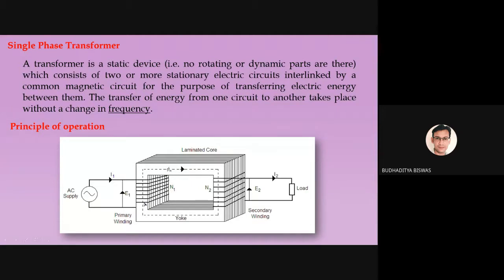Magnetic lines of force are generated. And these magnetic lines of flux find a very low reluctance path through this core, because the flux can also travel through the air. But this magnetic material, or soft iron material, gives a very low reluctance path to the flow of the flux generated by the primary winding. So this flux travels like this through the core. And as the flux is generated by the circulation of AC current through the winding, the nature of the flux is also AC.